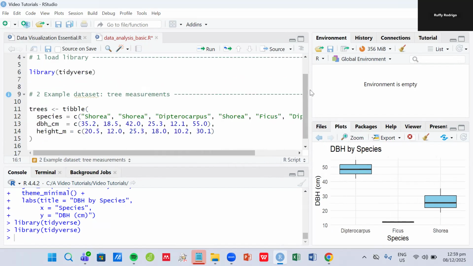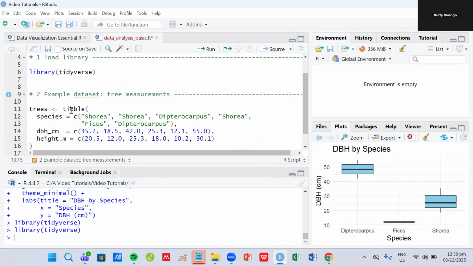I just want to explain this a little bit to make sure that you understand what we're doing here. So this is a name where you could write your data set. This is the name of the file that you want to create. Once you click this one here, it will be shown here. And then, because I want to create a data set, I want to create a data set with species